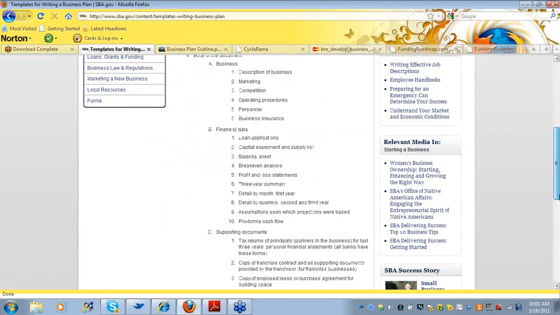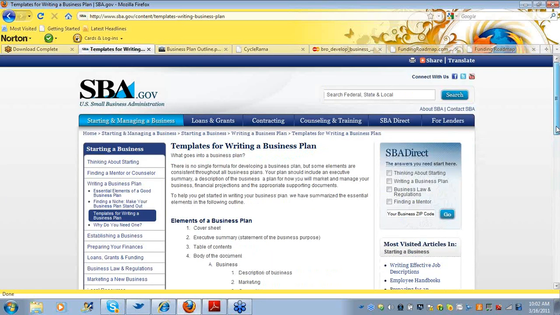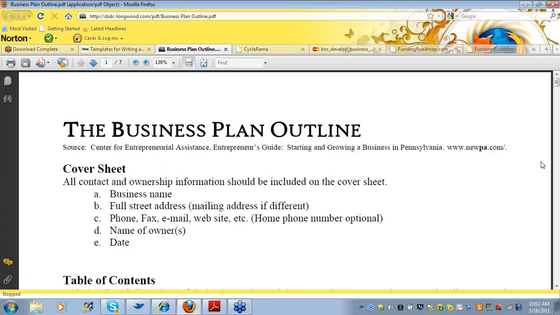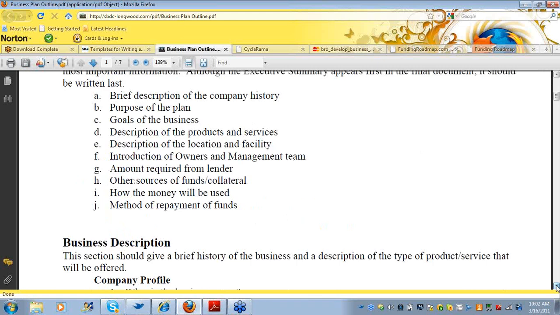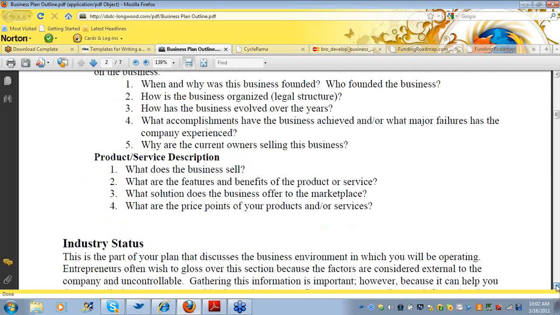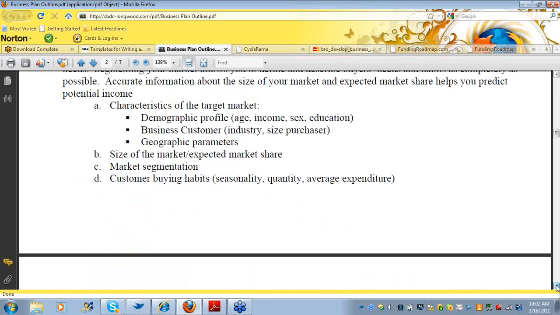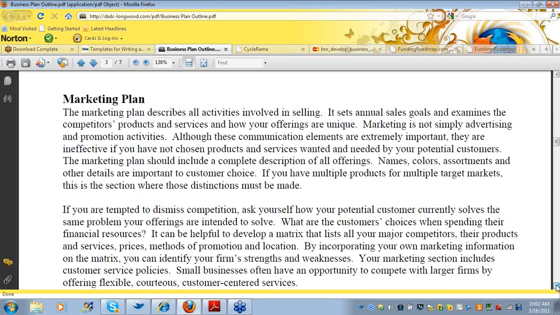These are typical samples of templates that almost every SBDC office has some version of, and it outlines the different categories that one has to create to build a business plan. And then there are, of course, these financial statements.